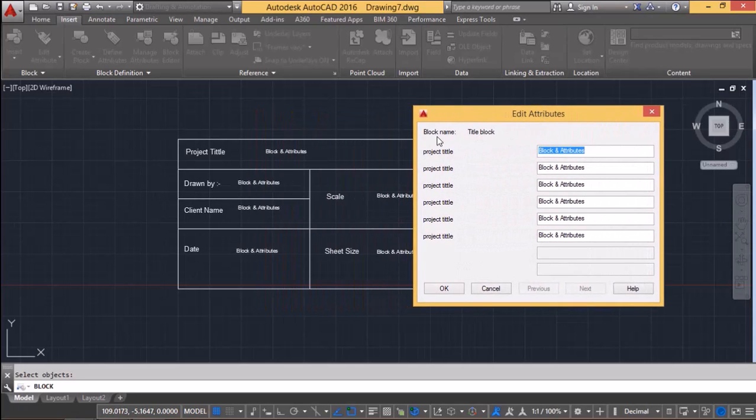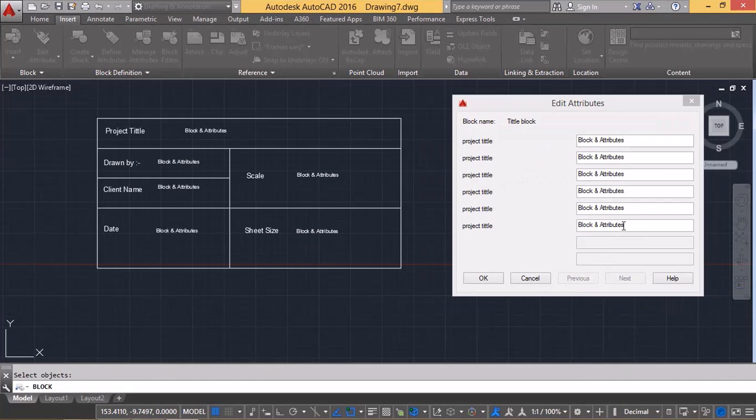Now here I can change all the values that are added here. Now we'll give the values from down to upward side. The block is written here, block and attributes. Next that we have given is drawn by. We can give a name. I'm saying drawn by chair. Now we have to write a client name. I'm giving a client name, XYZ client name. Now you have to give a date. I'm giving a date 12/08/2020,